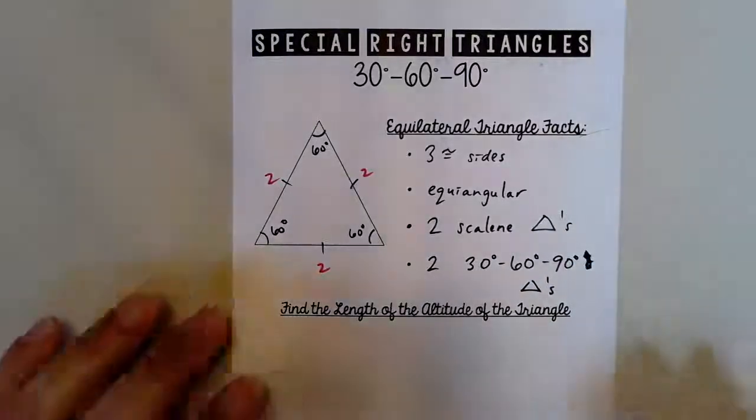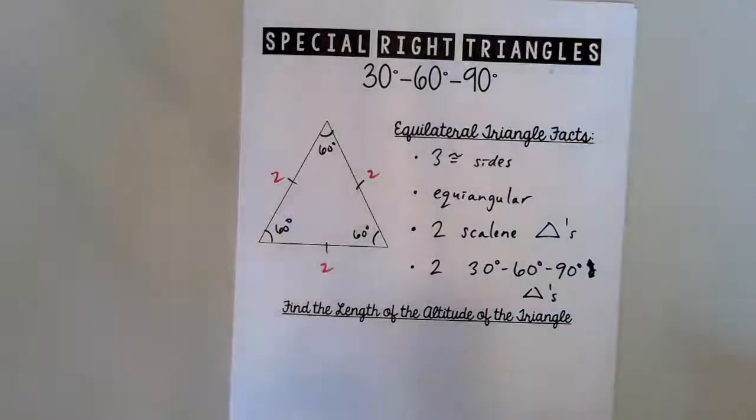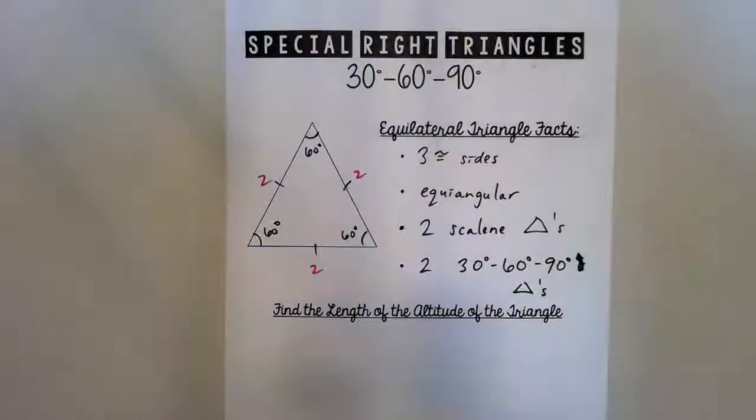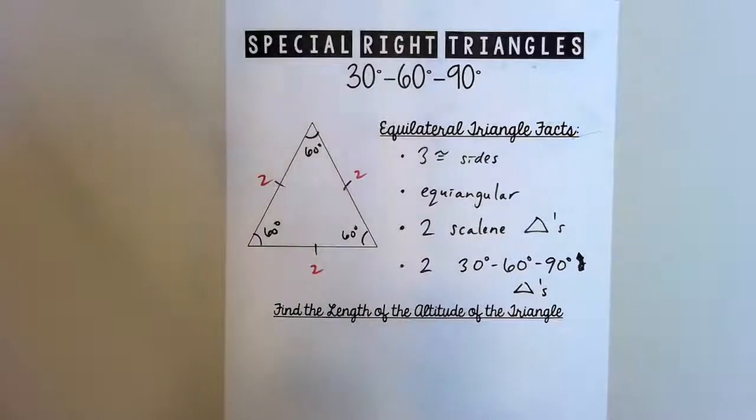Okay, so the other special right triangle is 30, 60, 90. 30, 60, 90 right triangles come from equilateral triangles. Equilateral triangles have 3 congruent sides. They're equiangular, meaning they all have the same angles, 60 degrees. And when I cut them in half, like I'm going to do right now,